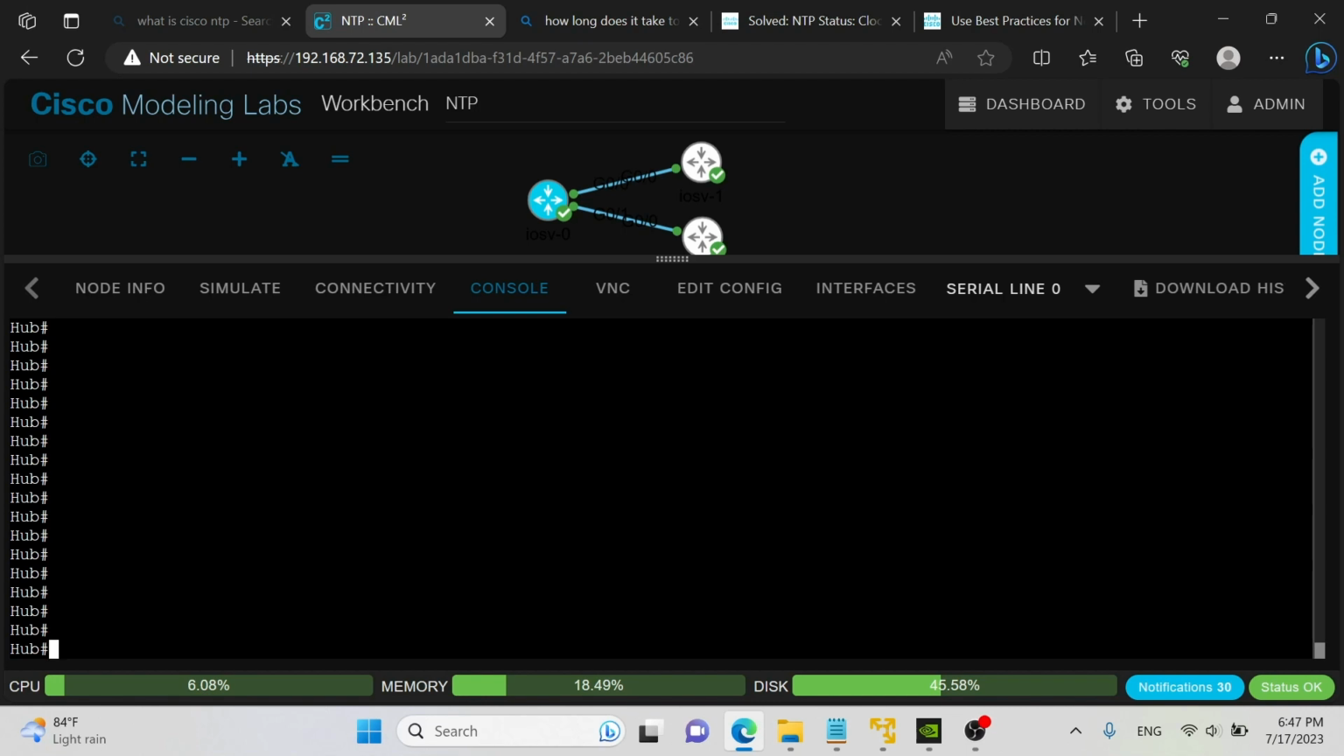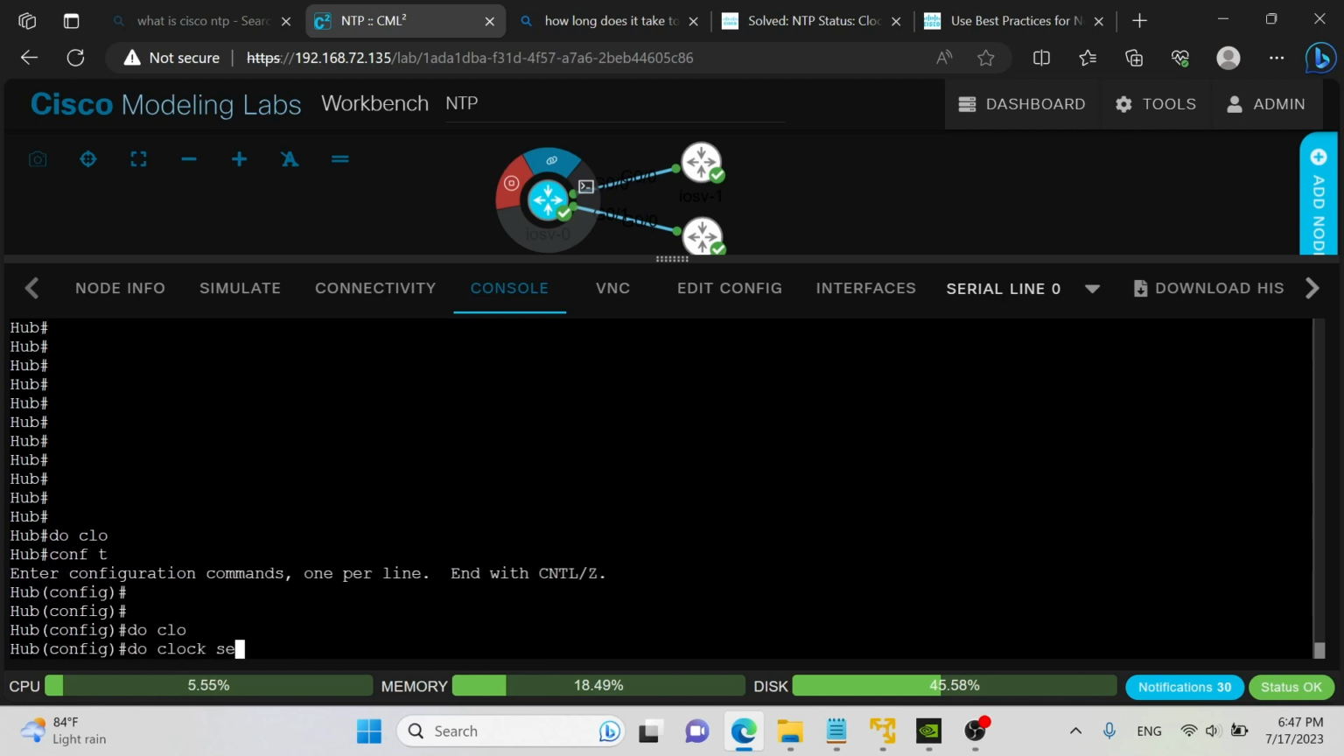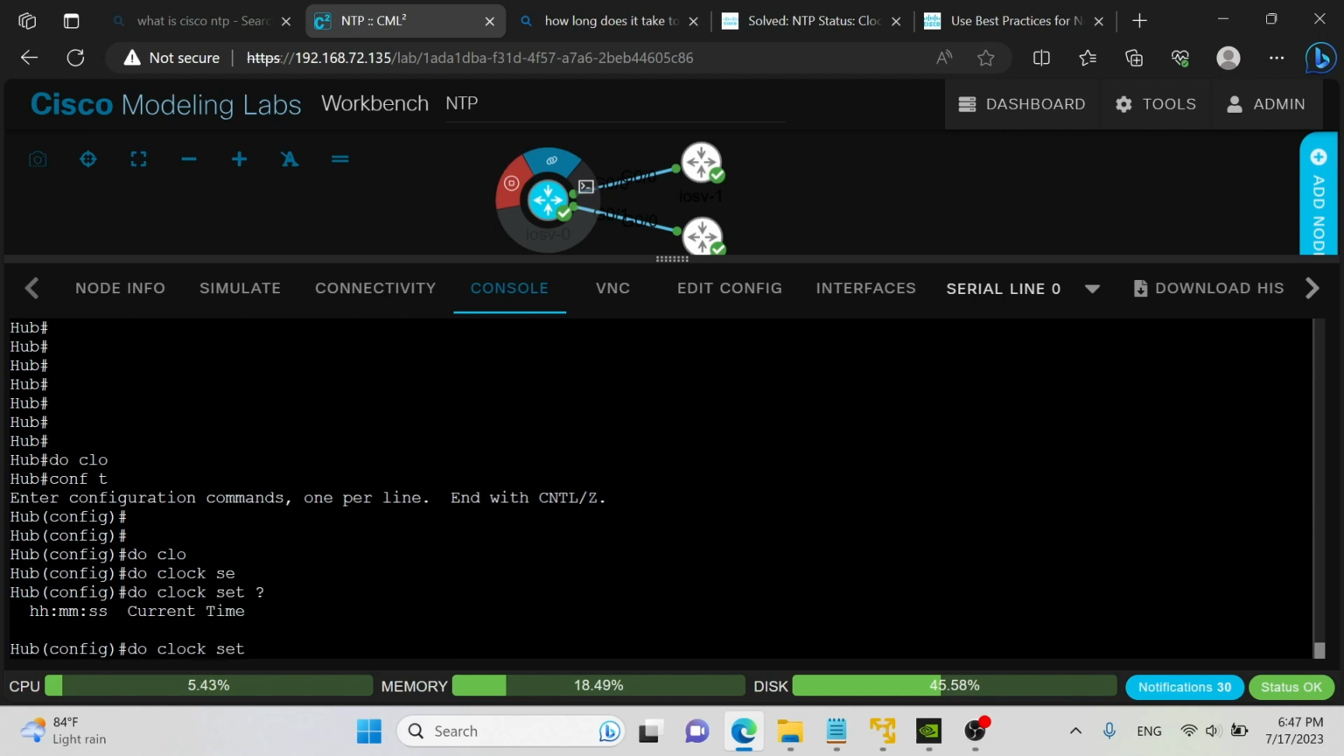So best practice is, if you have access to devices, like say all three of these routers happen to be in the same building, you can manually set the time on each router. Say this is the hub router, the NTP server, you can set the time manually. And how you do that is, config t, do clock set, and then mark it out. You set the hour, the minute, the second, and then it'll have you configure the day, month, and the